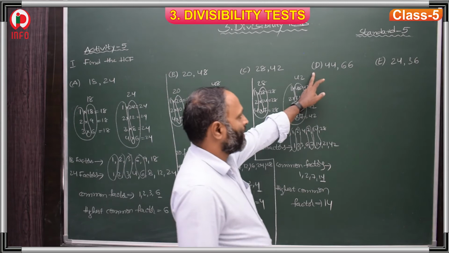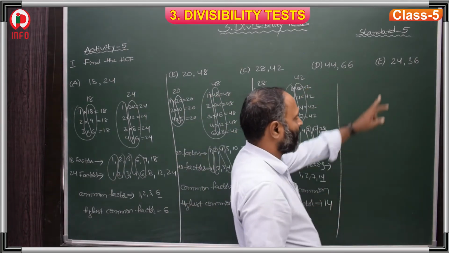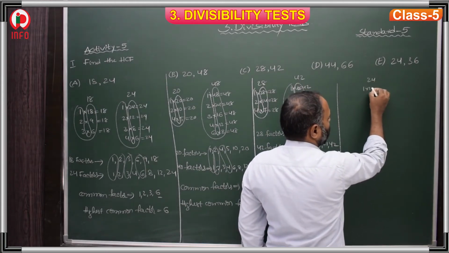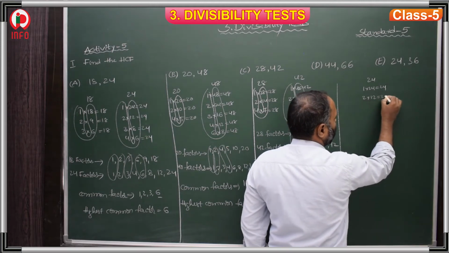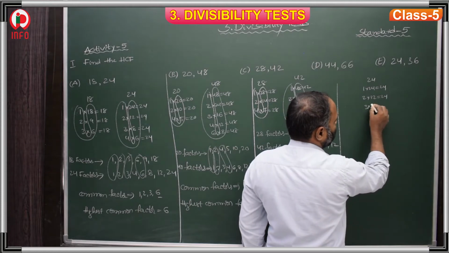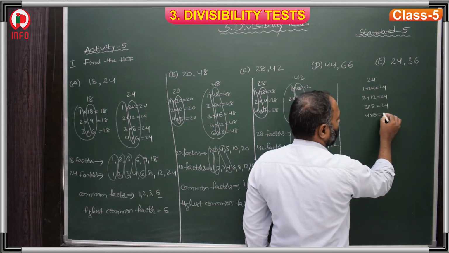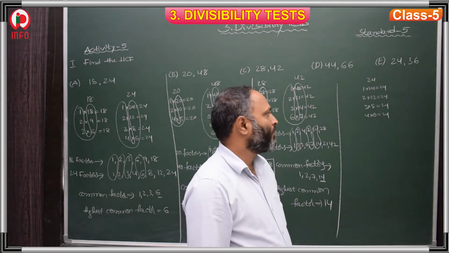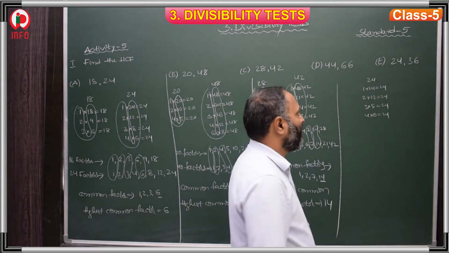Now this D question is your home assignment. Then we go for the E question. 24: 1 24 is 24, 2 12s are 24, 3 8s are 24, 4 6s are 24. In 5 it won't come, in 6 it will come, 6 4s will repeat, don't take again.